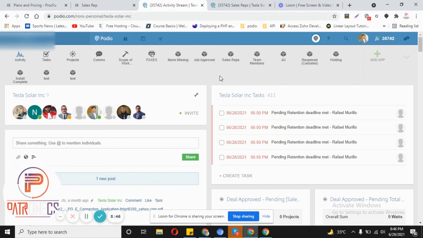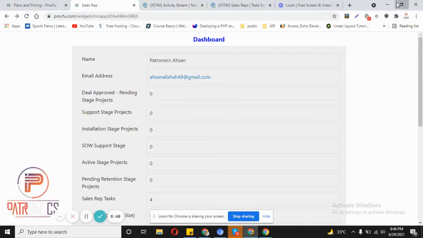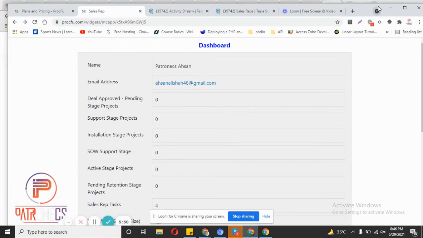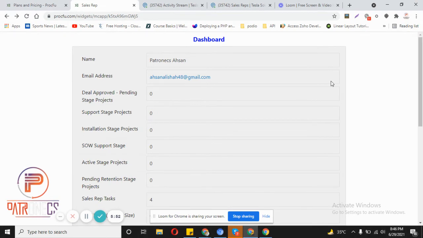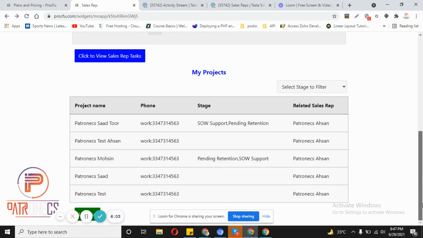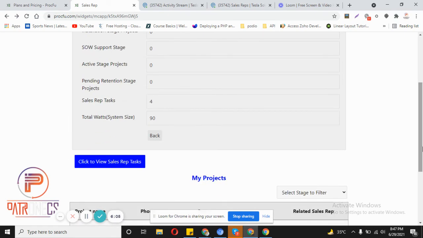Similarly, these Procfu mini apps are highly responsive. They are mobile responsive, and if you test them, their interface on mobile is very good. So if you don't want to use the Podio mobile app and feel it's not good enough, then you can create Procfu mini apps and give your team members access to only mini apps.